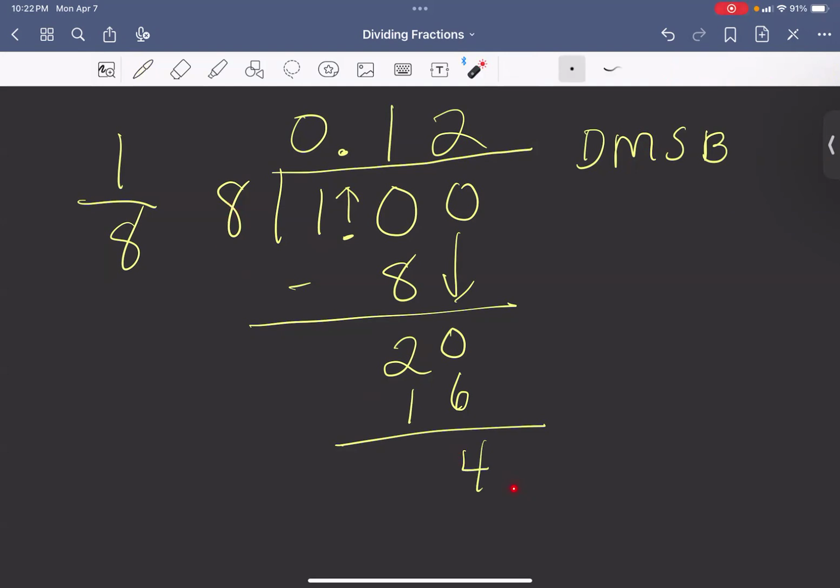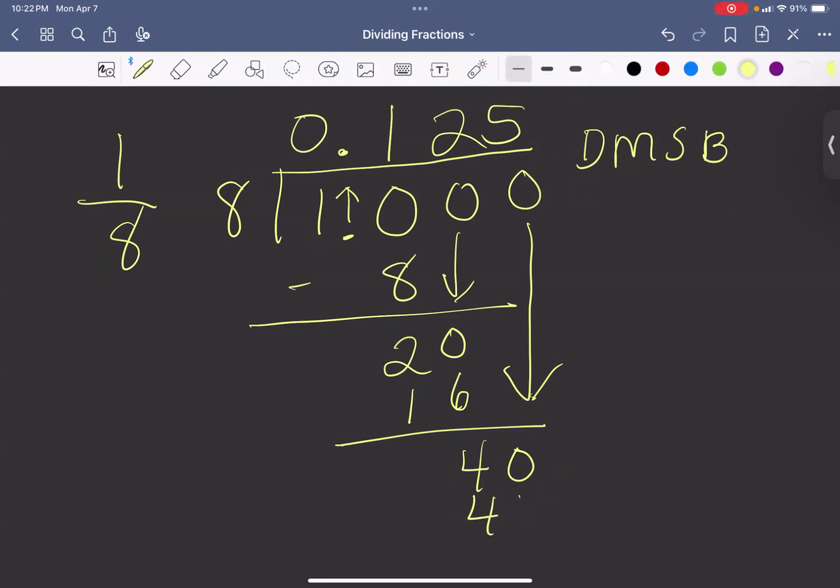Can I divide 8 into 4? Nope. So I want to keep dividing, so I add a 0. Bring the 0 down. Now I can divide because 40 is bigger than 8. So now I'm at D for division again. 40 divided by 8 is 5. Multiply. 5 times 8 is 40. Subtract. And the answer is